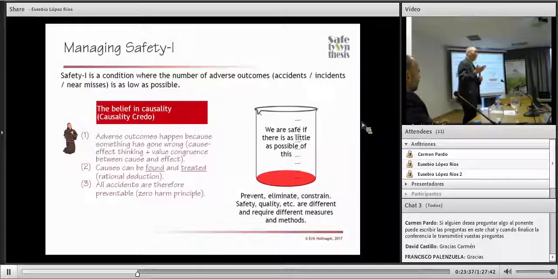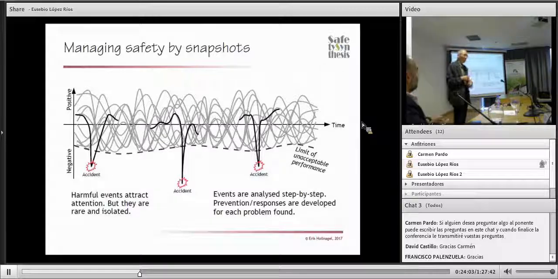And that's how we manage safety. And as you know, it actually works quite well for many situations, but we get more and more situations and more systems where it doesn't work, because we create a world that's more and more complicated. And we create it partly because we don't understand it. That's another interesting aspect of that. So how do we manage safety? Well, we manage safety by snapshots, because if you take this picture here, the gray wavy lines represent the